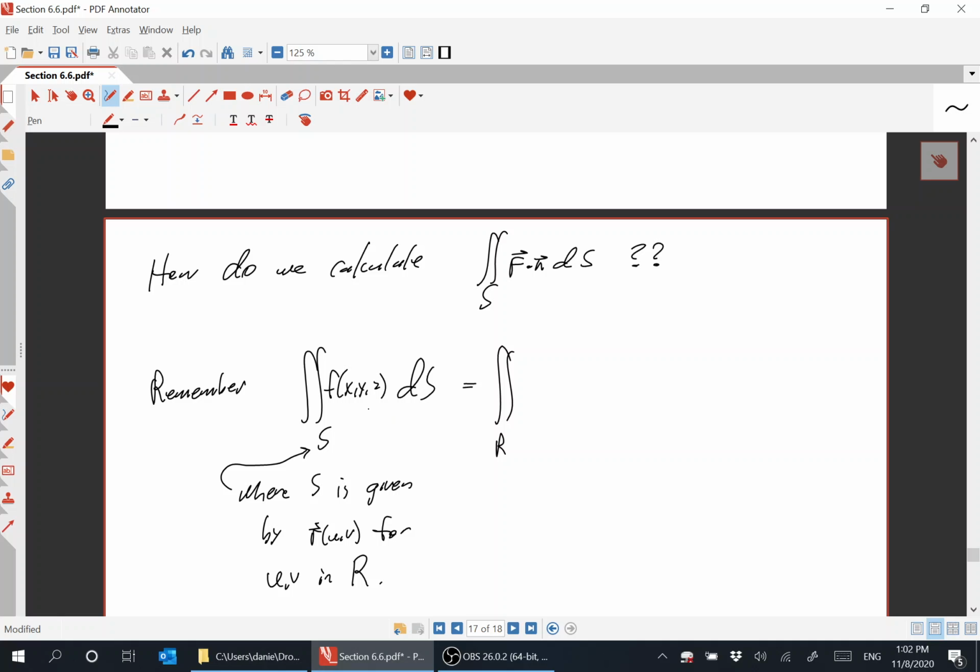So the scalar surface integral is the double integral. This is the surface integral. The scalar surface integral of f(x,y,z) dS, where the surface S is given by the parametric function R(u,v) over some region R, is the double integral of f(R(u,v)) times the length of Ru cross Rv dA. So the surface integral is calculated as a double integral in terms of variables u and v,